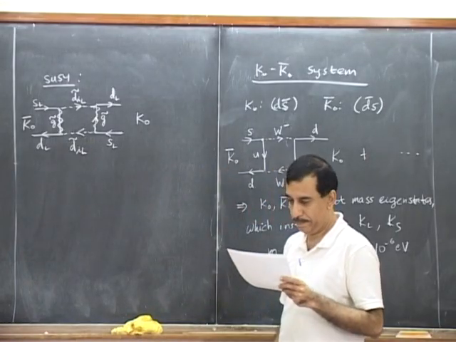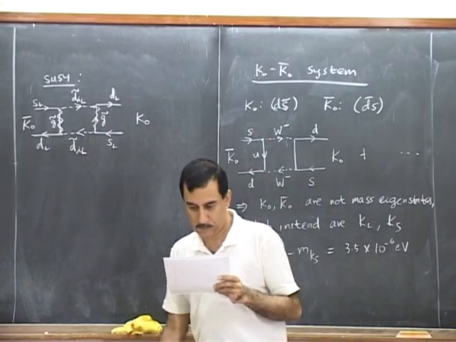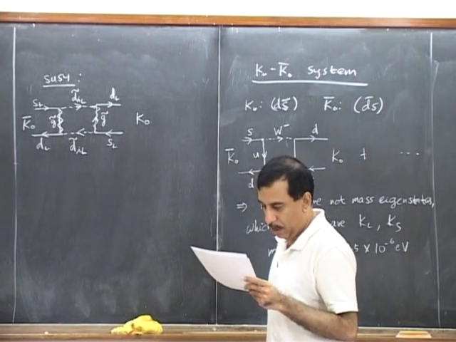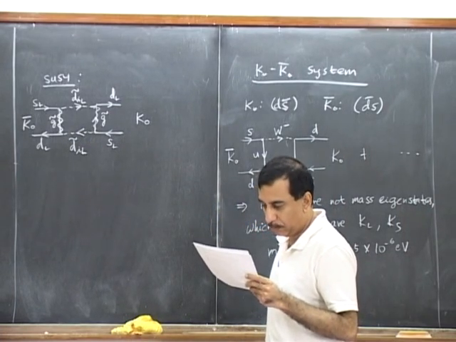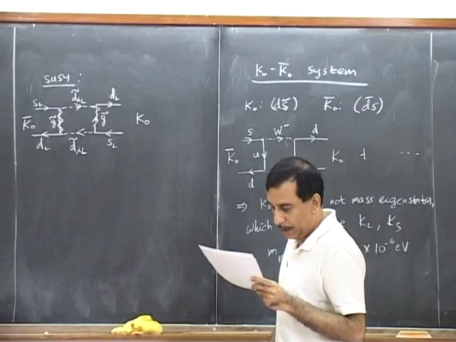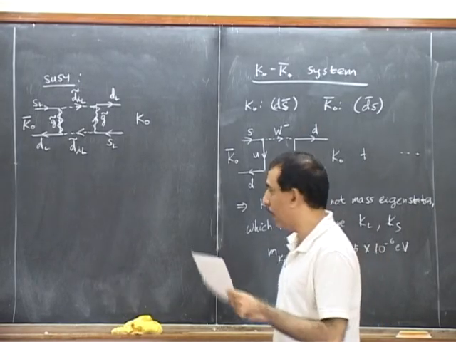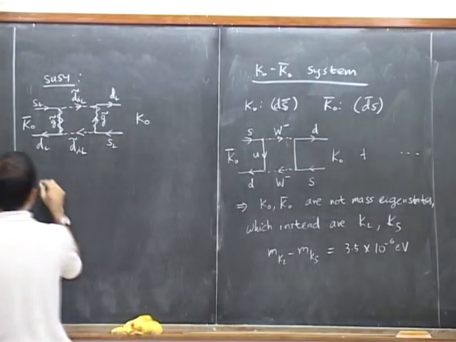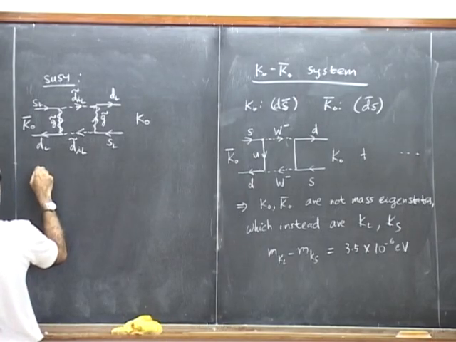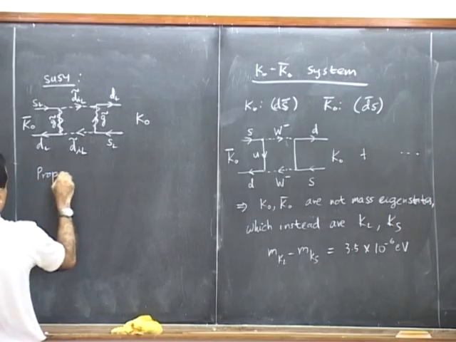So here's the diagram. Now, there's a brief calculation given in DGR, which I'm not going to spell out, but I'll just tell you the answer. So this is proportional to